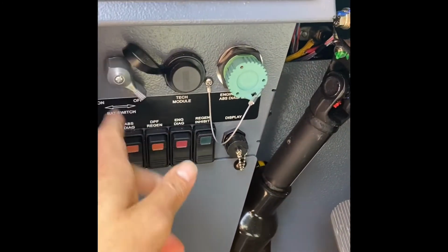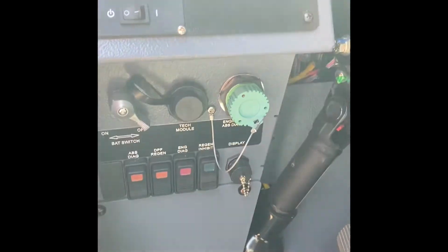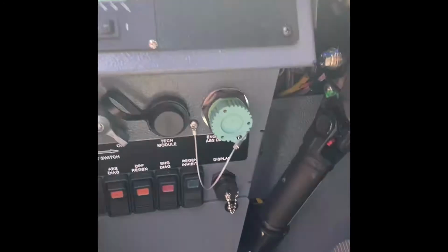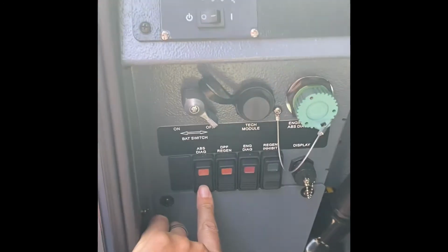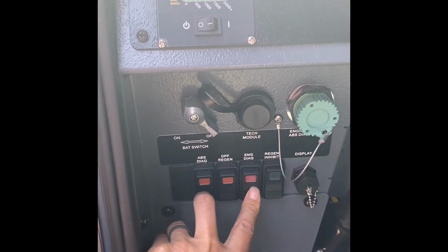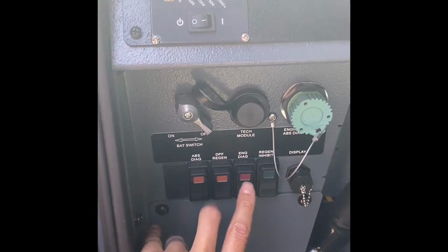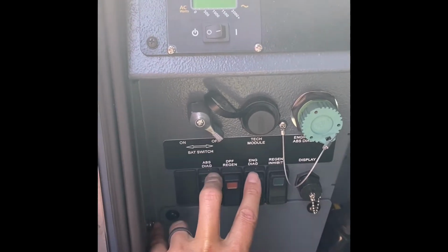Next to the battery switch, you have these 3 ports. These are for Anthony to use. We don't have to worry about that. ABS diagnostics and engine diagnostics are for Anthony as well. When we turn those on, it'll give you a series of blinks that can help diagnose